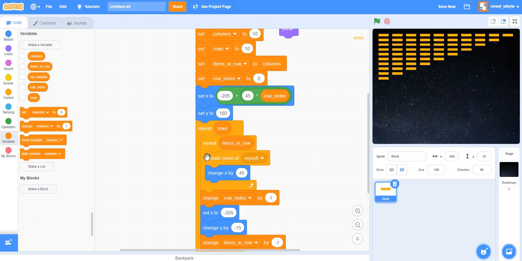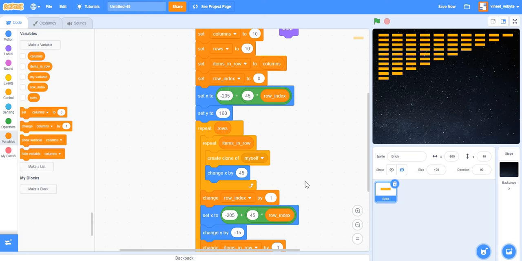Now I'm saying after doing so, increase row index by 1 and come back to, let me see if I can duplicate this right away. Yep, great. So come back to minus 205, which was the starting point, plus 45 times the row index. Why 45, by the way? Because I'm always changing x by 45. So after finishing one row, which is row index of 0, my row index will become 1.